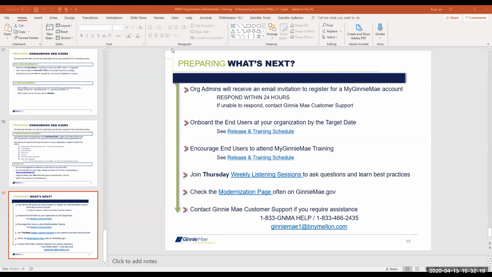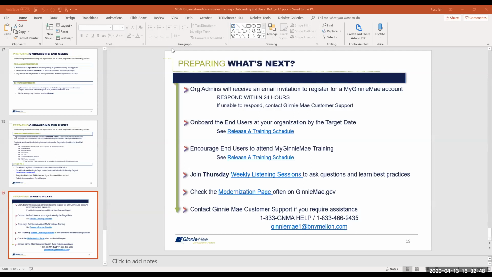So this is a question that's a little bit different in nature. It's not about being an org admin. It's just clarifying that in order to be an authorized signer, the person needs to be on the 11702. Okay, actually, let me, this question's asked a little bit differently. The person needs to be one of the 3 security officers on the 11702. No,